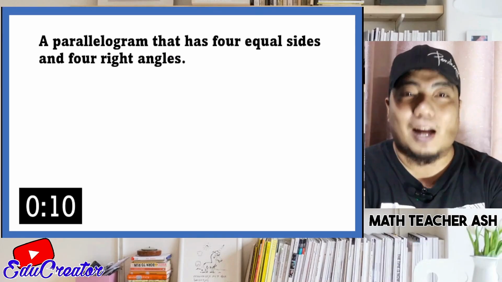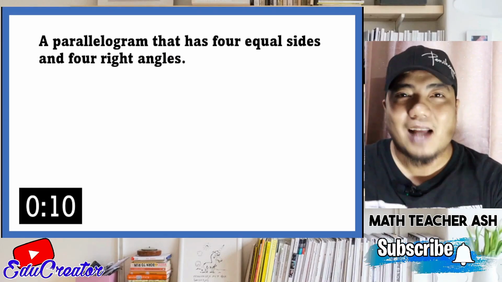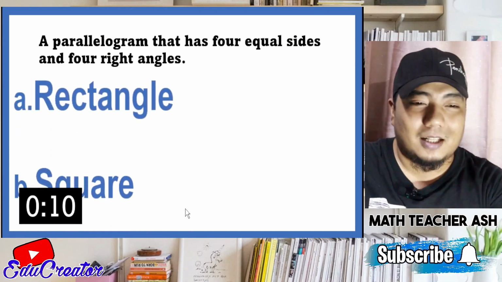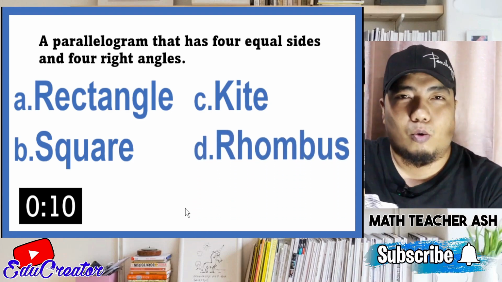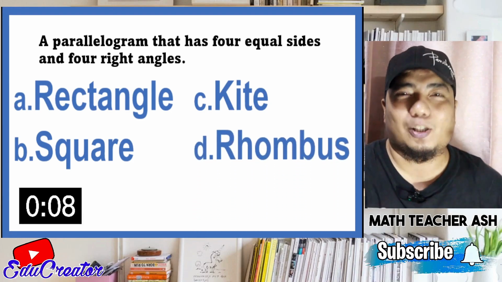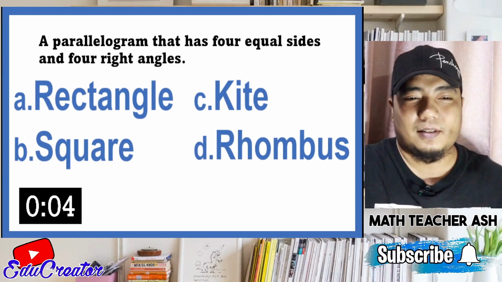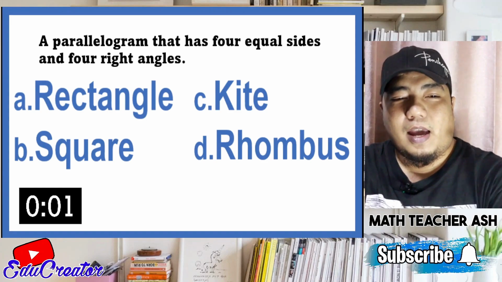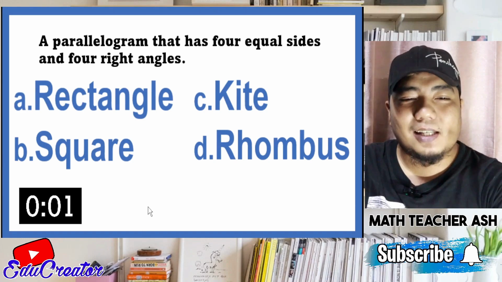A parallelogram that has four equal sides and four right angles. So what do you call that one? Is it A, rectangle, B, square, C, kite, or D, rhombus? Okay, so we have 10 seconds to answer. And for that question, my dear math learners, the correct answer is letter